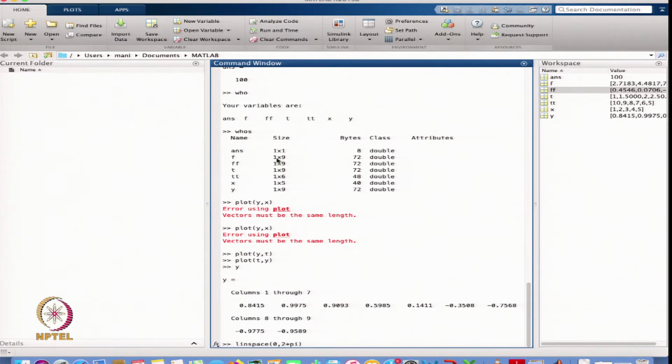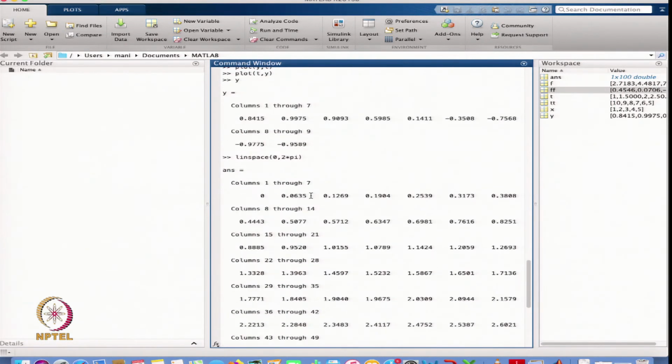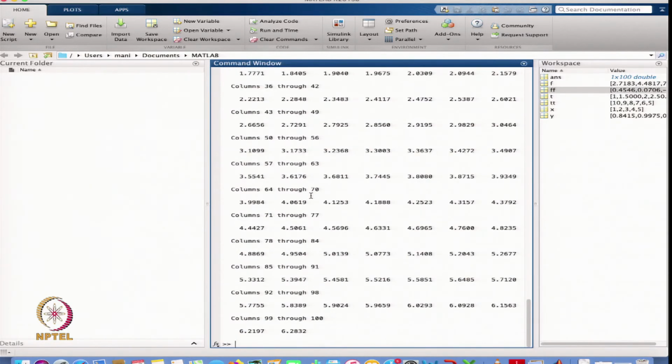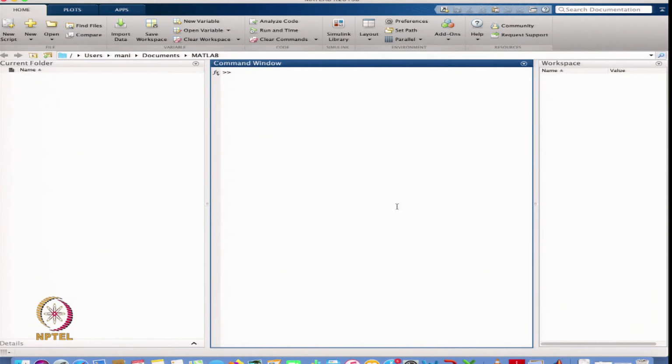It will automatically distribute the elements from 0 to 2 pi into 101 points, so these are 100 intervals. That is the new mesh I got. Maybe I can clear the previous variables. So, clear all will clear all the variables available in memory, and I can also write clc to clear the screen.